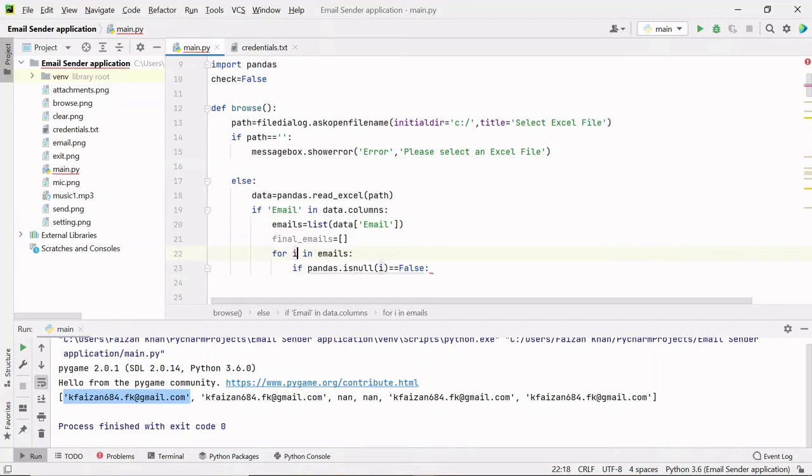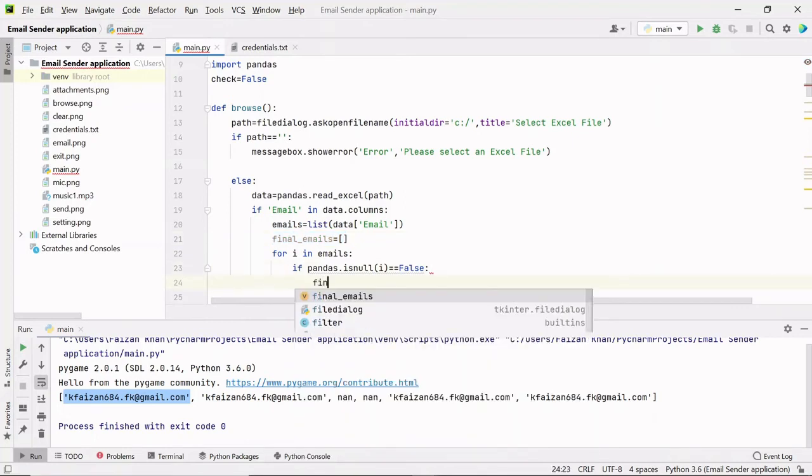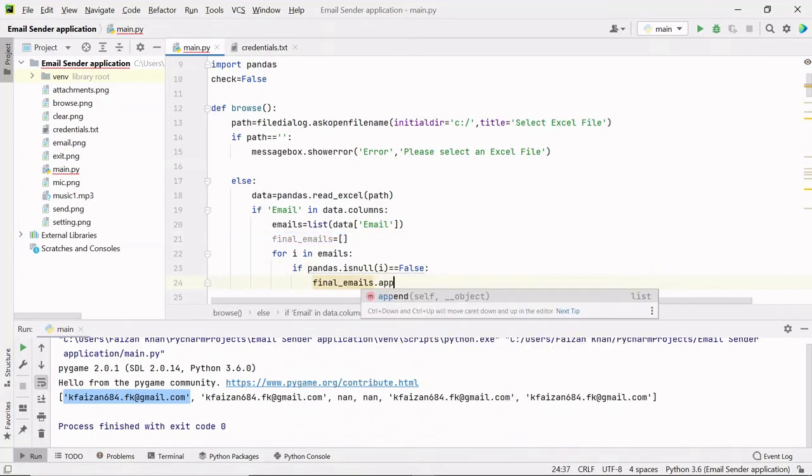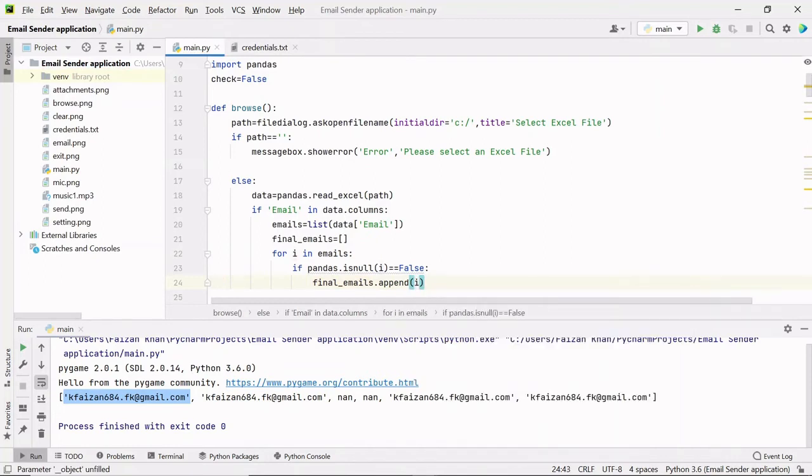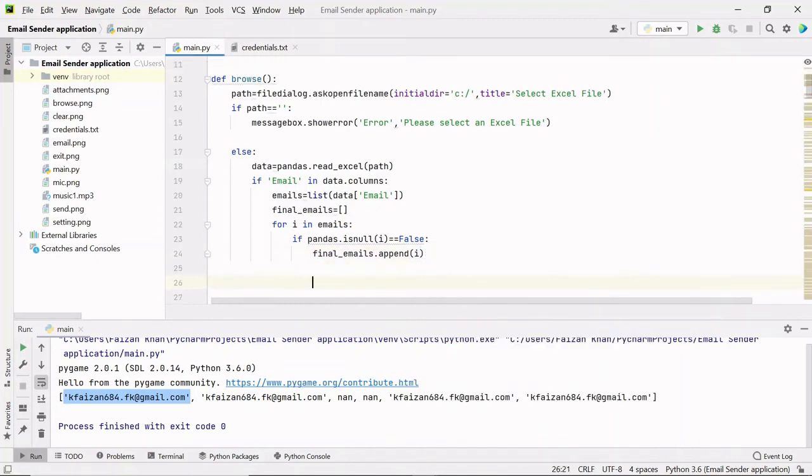So that email address I will simply append inside this final emails list. So I'll write final emails dot append, and I'll append the email address which is inside the i variable. So once this for loop is over, inside this final emails list we will have only the email addresses.